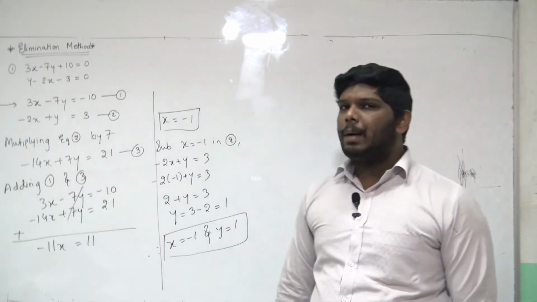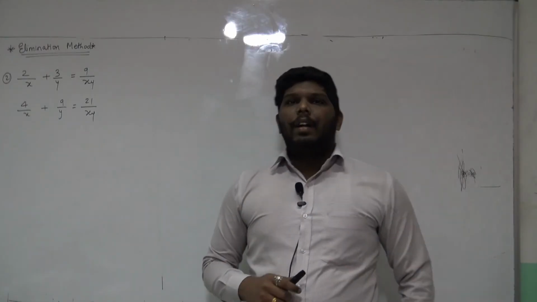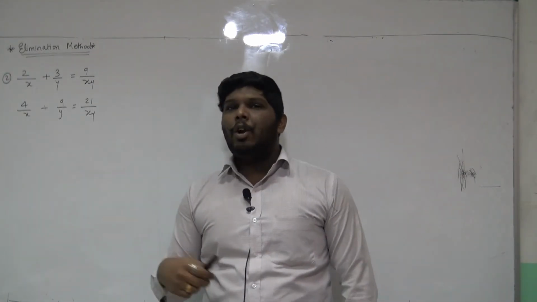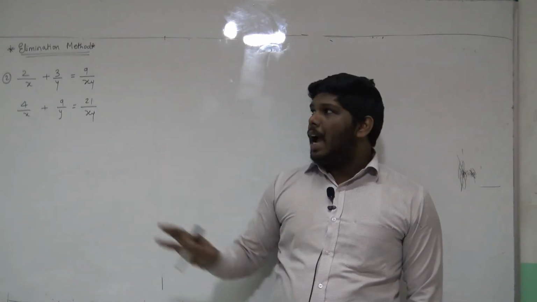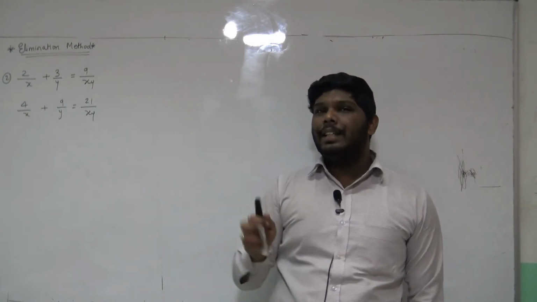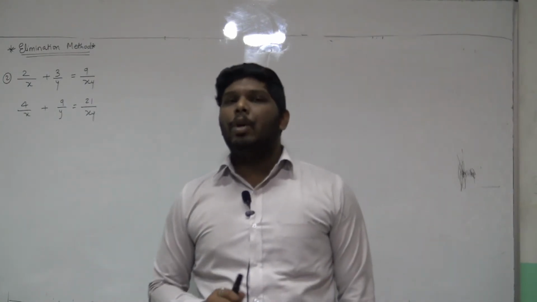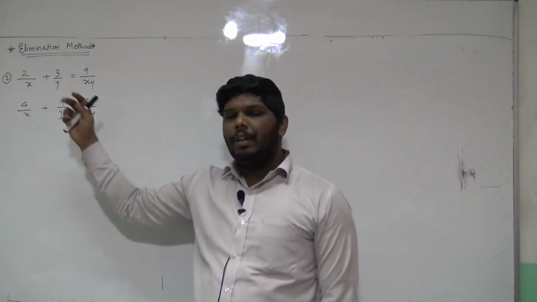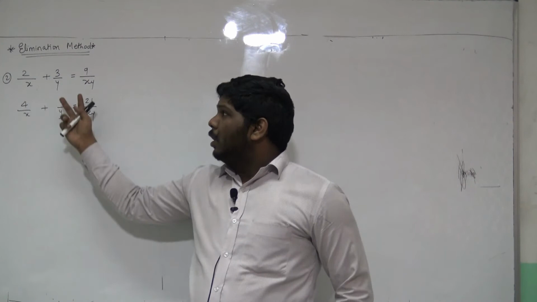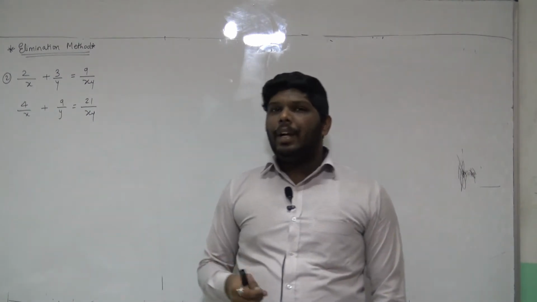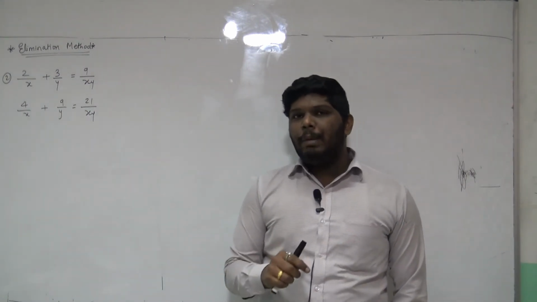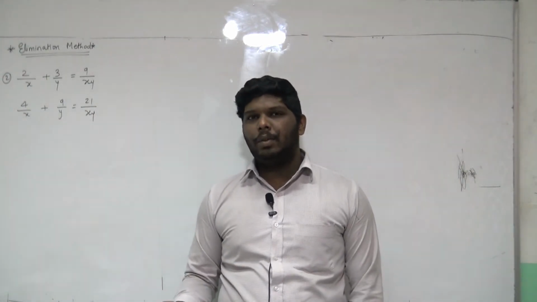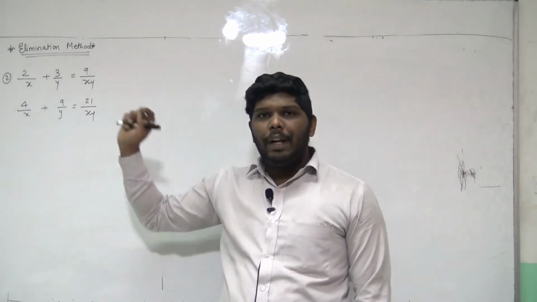Now let us see example number 2. In this example number 2, you can see the equations are there, but they are not in the standard form. At first instance, these are not linear equations, because x and y have to be in the numerator. So for that you have to simplify once. Also remember, there will be a special substitution question that we'll be seeing after this. Here we'll try to simplify it first.